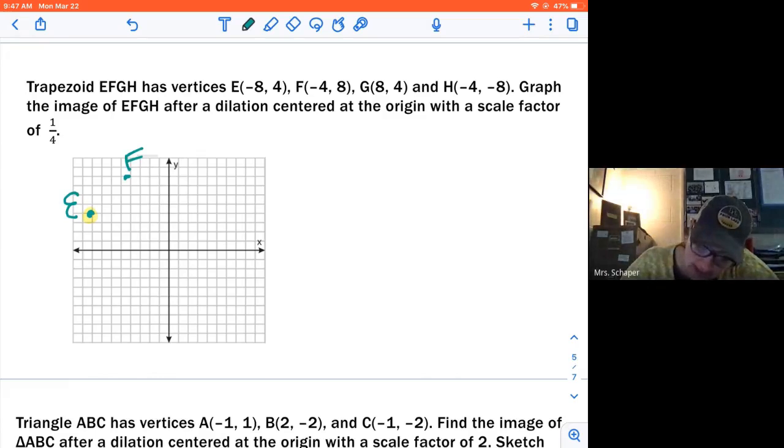G is going to be 8, 2, 3, 4, 5, 6, 7, 8, 1, 2, 3, 4. That's going to be G. And then H is going to be -4, -8. 1, 2, 3, 4. 1, 2, 3, 4, 5, 6, 7, 8. And this is going to be